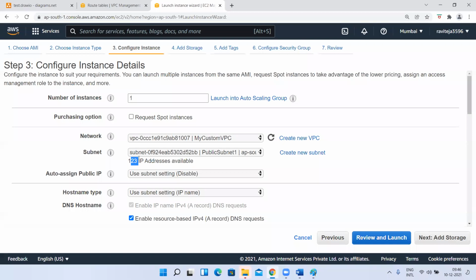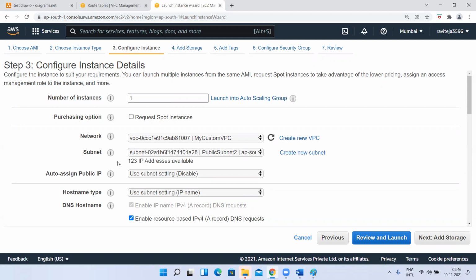Because when you create a subnet, in each subnet 5 IP addresses will be used internally by AWS: first one, last four, or else first four, last one. I forgot. First one, last four, I guess, right? They will be used by AWS internally for different purposes, for endpoints and other things it will utilize. If I subtract that, how many are there? 123. Even if I go to this one also, 123.